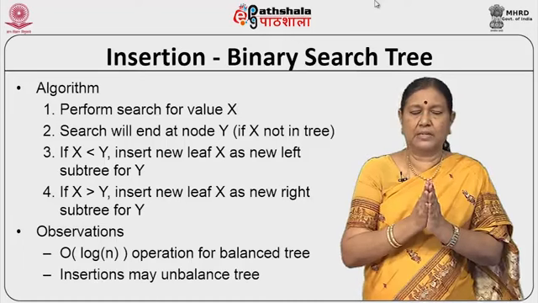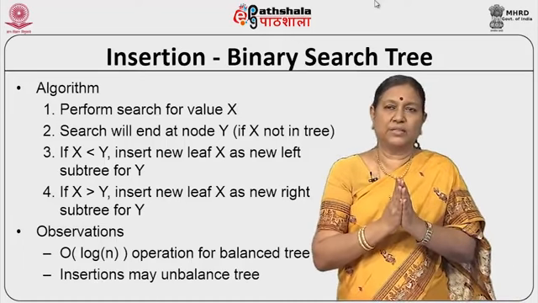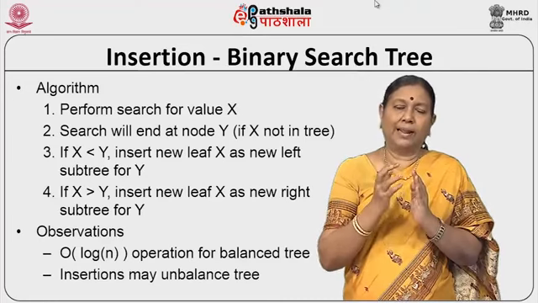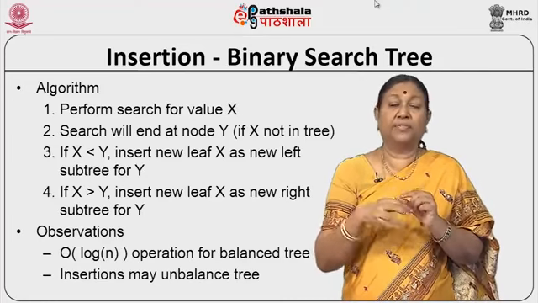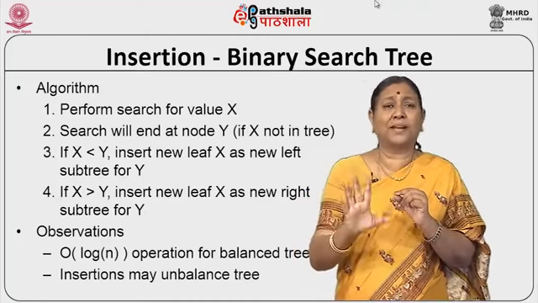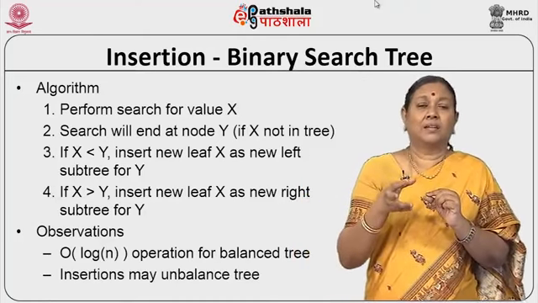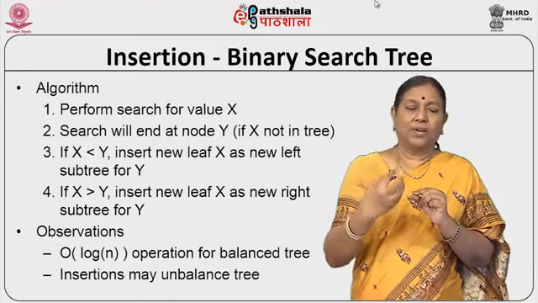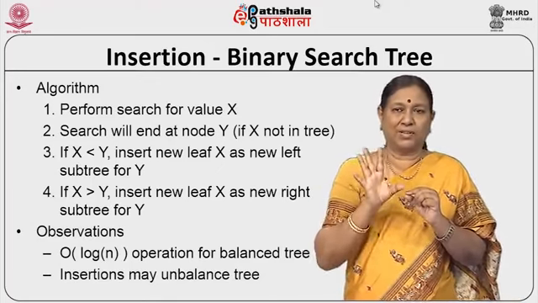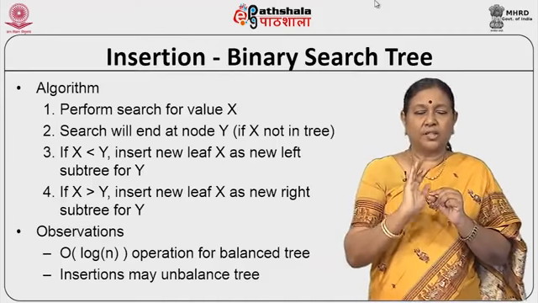So, what we are doing is, the algorithm is this: you search for x. Okay. Now, when you search for x, you will end up at a node y if it is not present. If it is present, you will find that it is there, and we assume duplicate nodes are not there. As I already told you in the previous module, if it is there also, we can insert it as a right subtree. We will not talk about that, generally we will talk. So, we will assume that the node is not there.